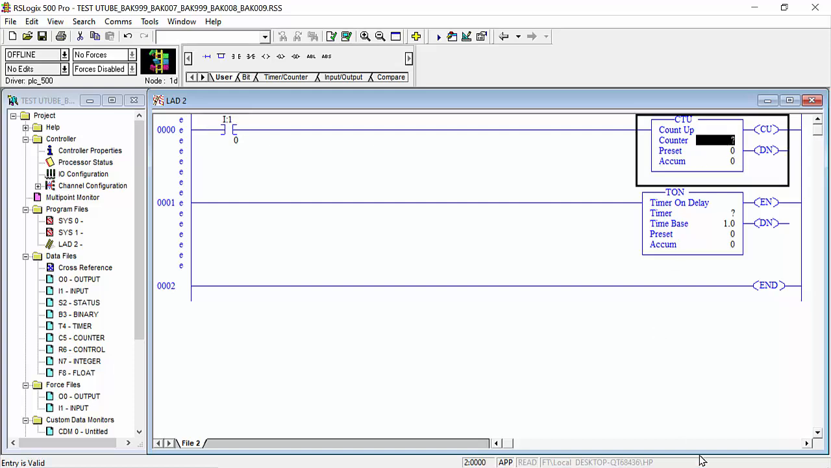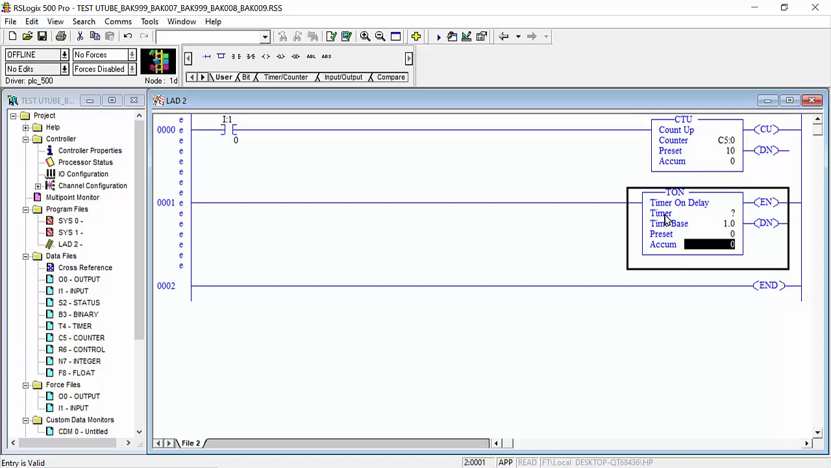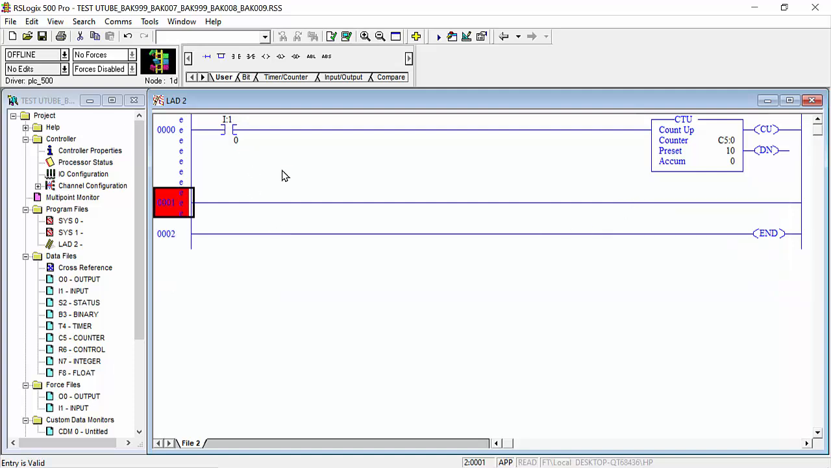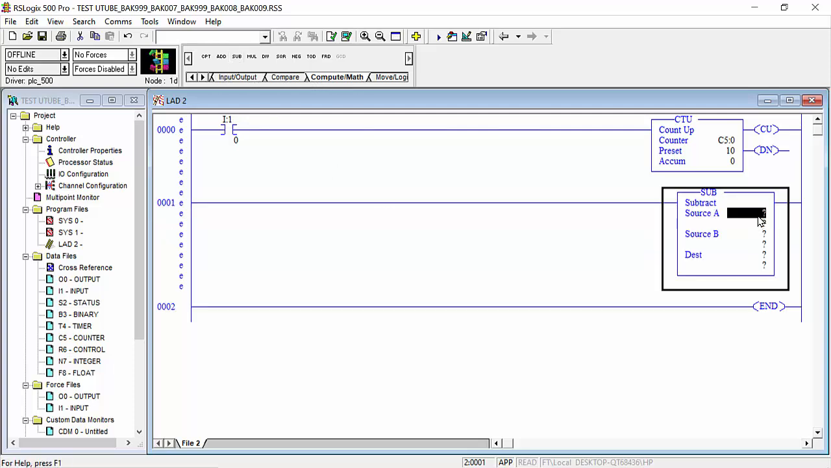So that's the counter. I will take C5 colon 0 and give the value 10, for example. And this timer we do not need. We need this one, the subtraction command. This is the subtraction command. And in the subtraction command I will choose C5 colon 0